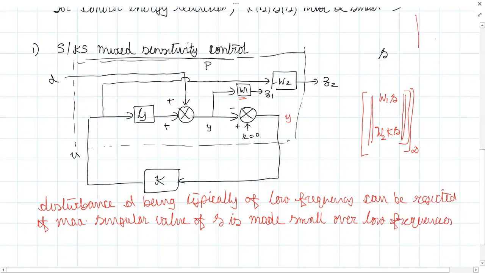Okay, we had seen when we do the Bode plot for the sensitivity function that it must be that of a typical low pass filter. So that means we have to minimize the maximum singular value of S for low frequency. That is why we are taking a filter of value W1. We can suitably adjust the filter value and minimize the sensitivity function. Similarly, the weightage W2 is chosen so that K of S is accounted for.